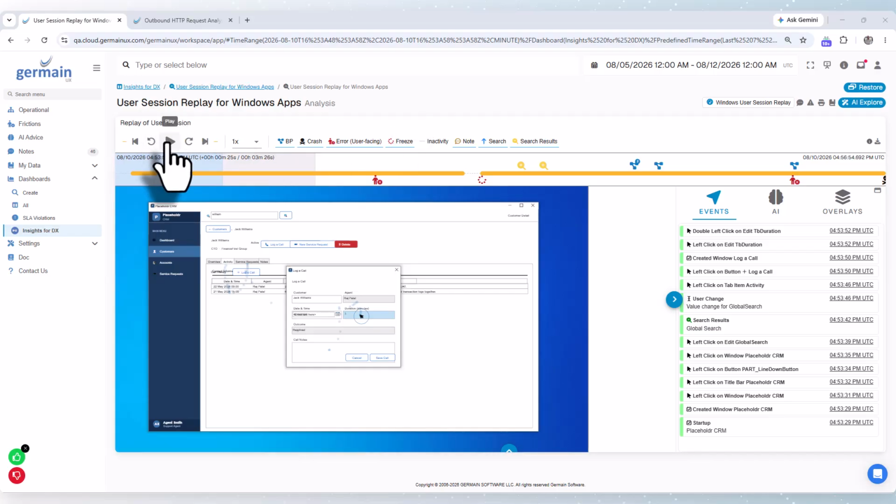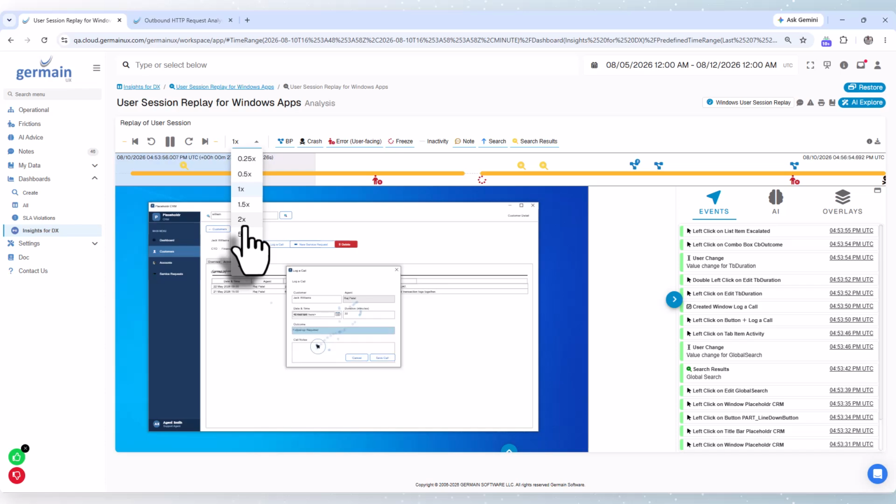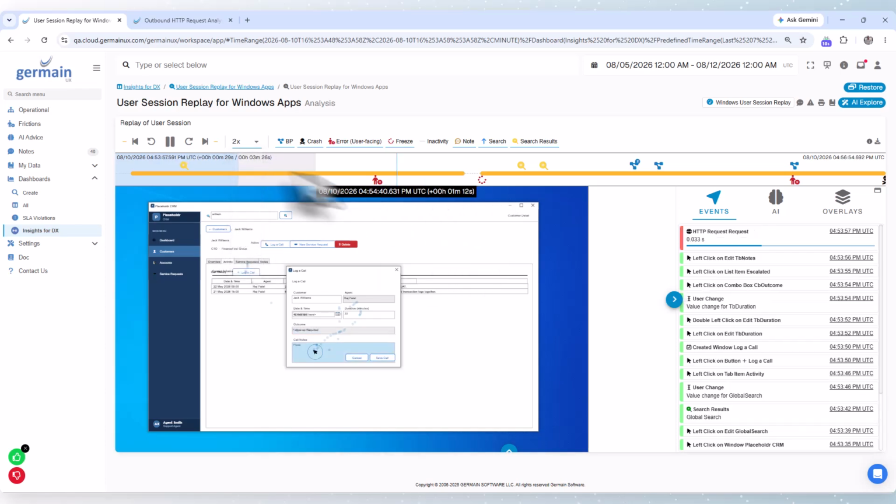Those sessions are available. They are obviously pixel perfect, millisecond precise. You can search through those. You can automate the search of the frictions or anything that you would be interested in discovering about their user experience. You can pick the pace at which you would want to replay a session, and then you just